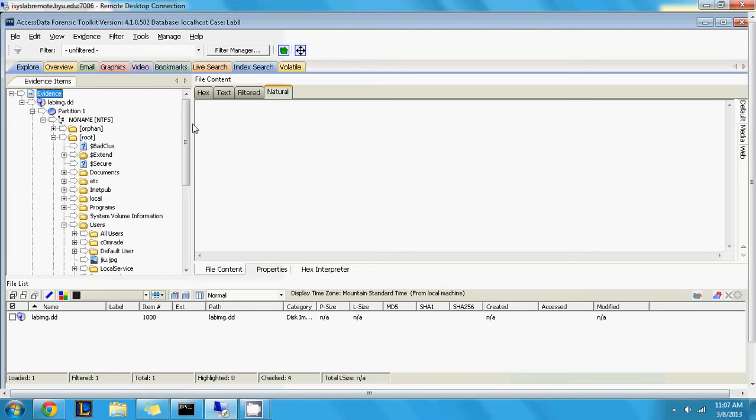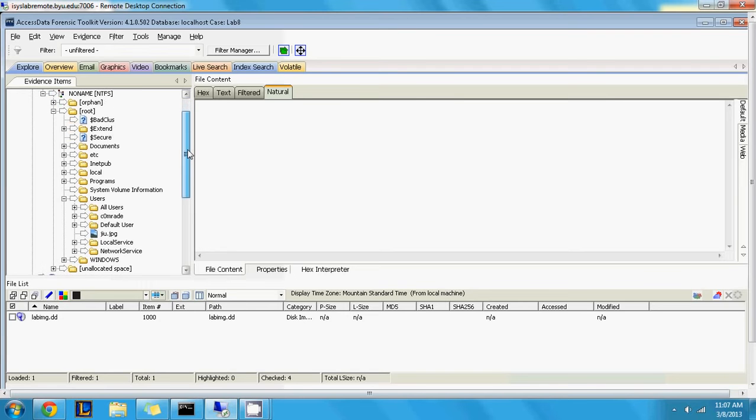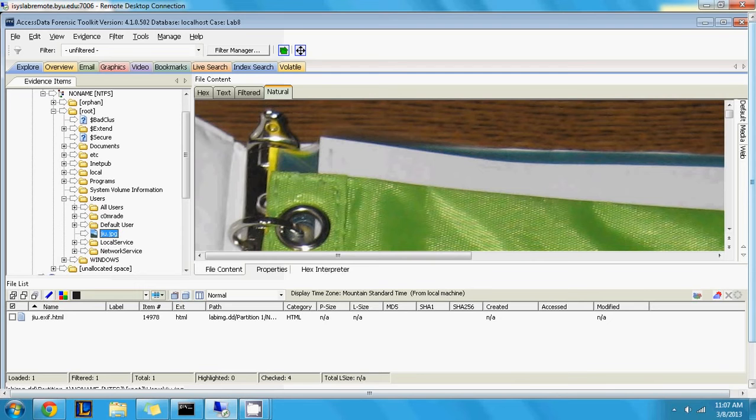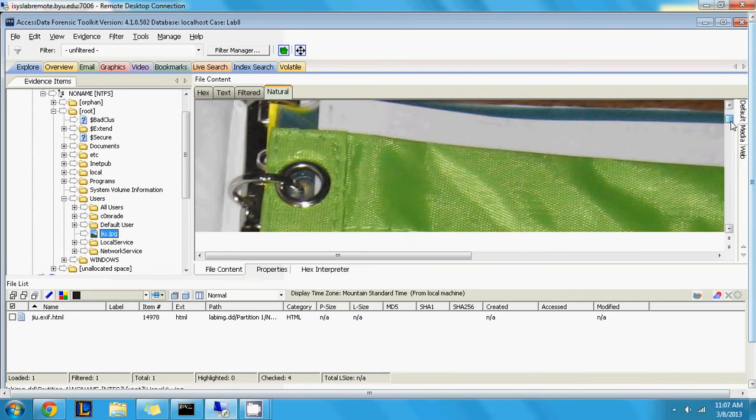So something interesting here is it'll show you the actual file name itself. It'll show you the actual extension that it is, which will depend on the file signatures, which I went over in another video. It'll show you the full path, so in case you want to navigate to it, you can pull this out and take a look exactly where this